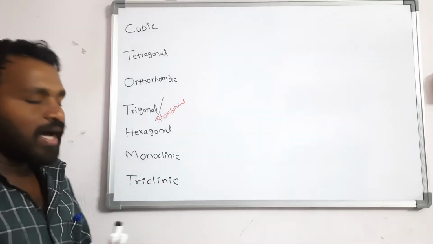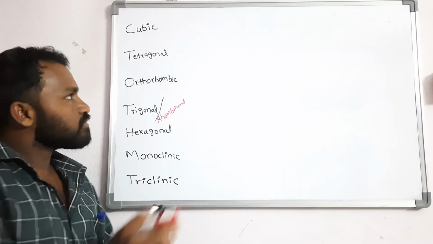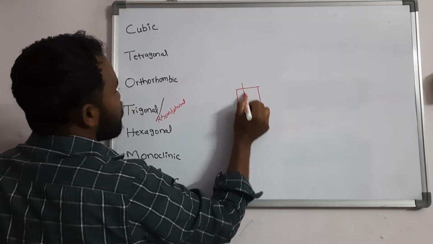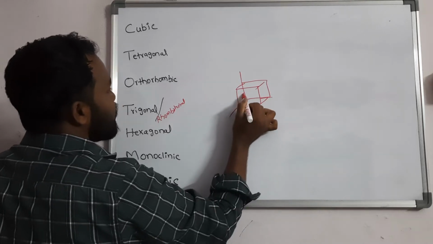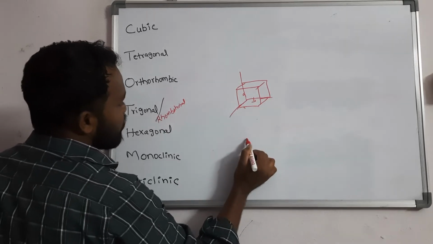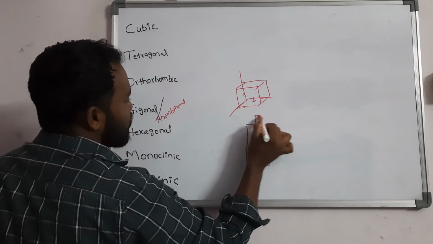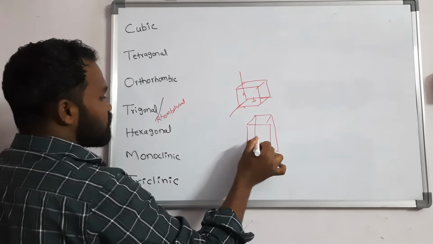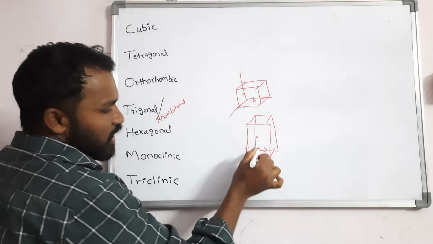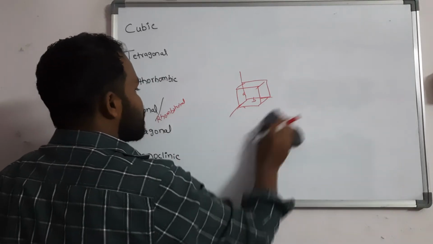Rhombohedral. Next, I already discussed the lengths, right? The lengths of a cube. If the cube is like this, we will write all A, B, C lengths are equal. If they are not, we cannot call it a cube. It is some other crystal system, where the lengths are different and the angles are different. Like this, you will get the 7 types of crystal systems.